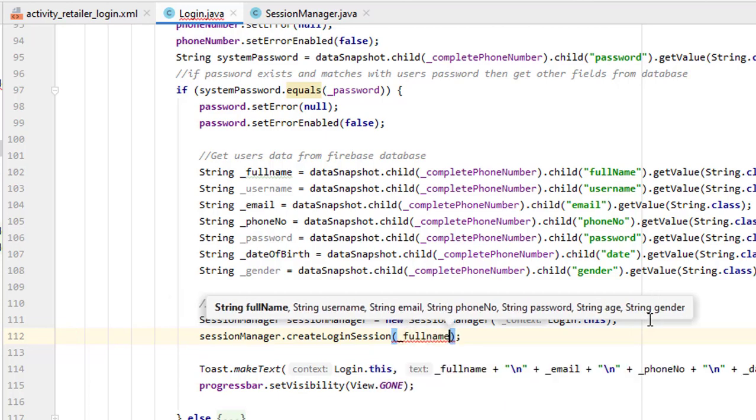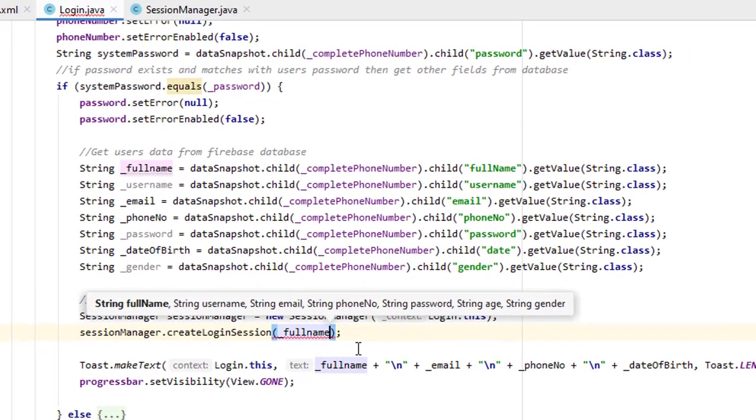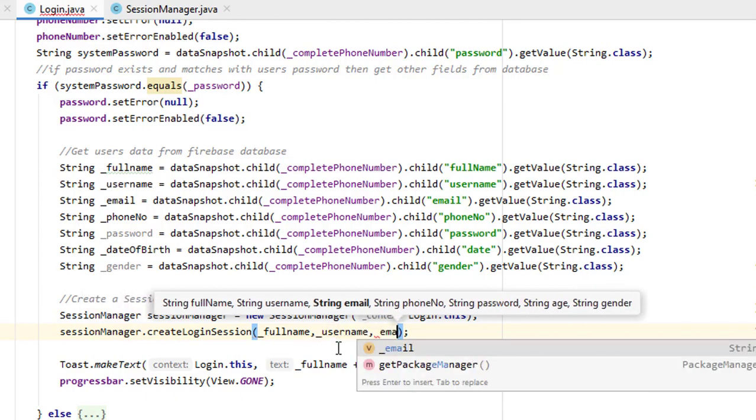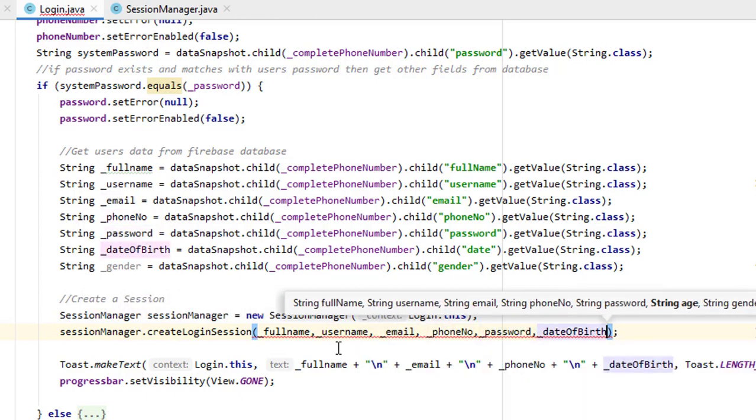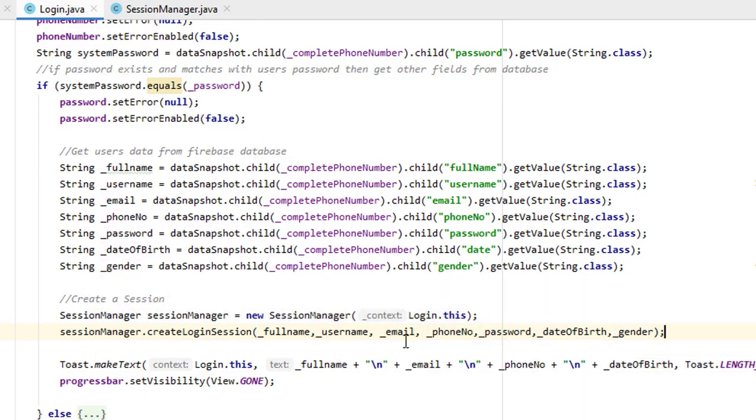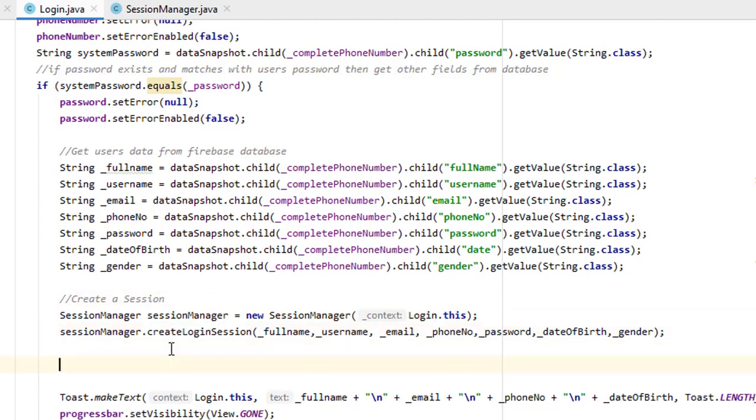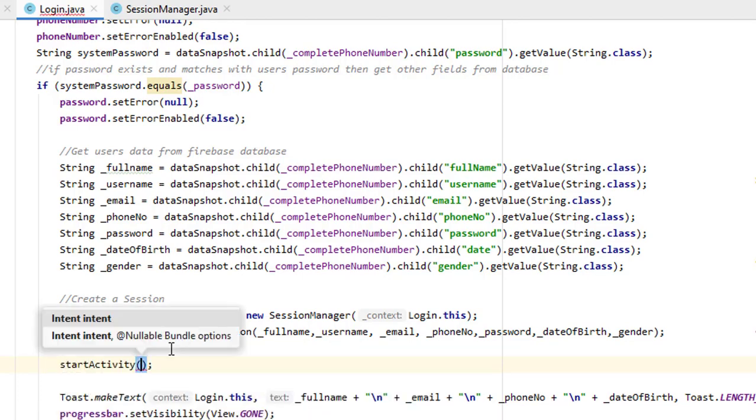So we will pass all these values to create a session we get from the Firebase. So we have full name. So by this way we have passed all these values, and the error is gone. This means that it is going to create a session for us. So let's just call our function for the next class to check if we have received anything in the session or not. So let's just start an activity,